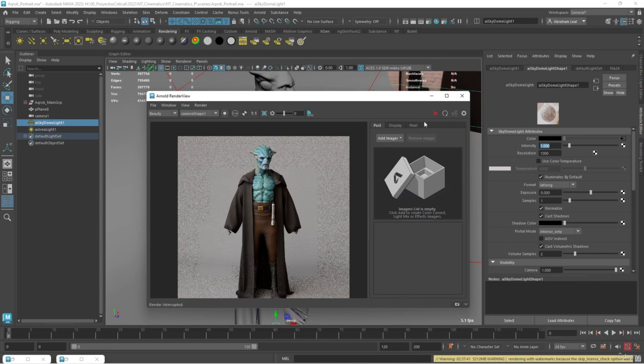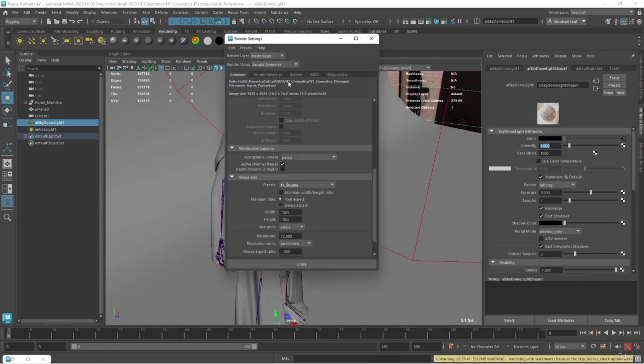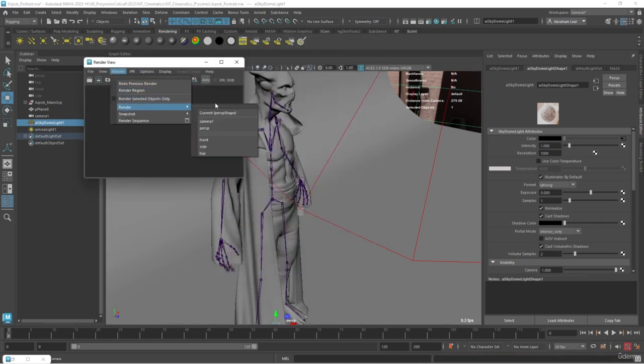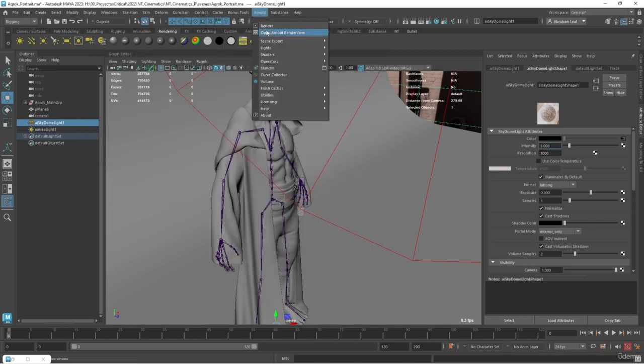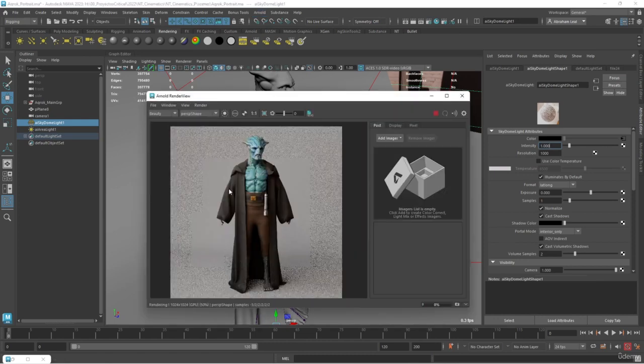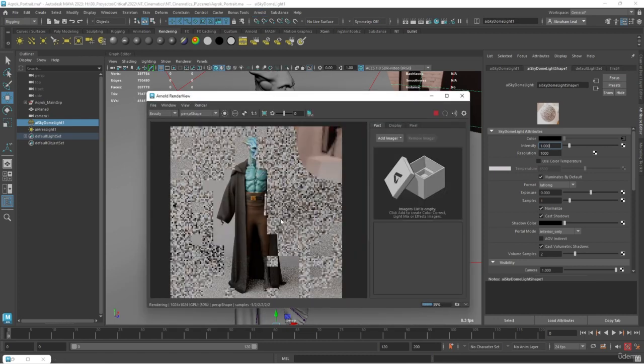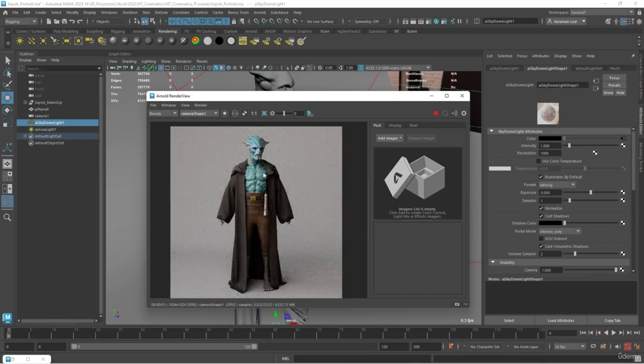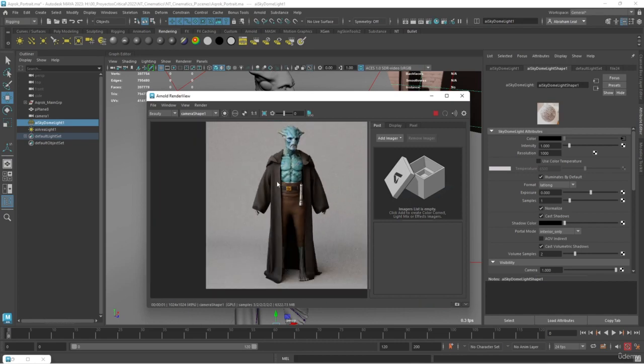Am I not using GPU? Oh, I was not using GPU. There we go. Let's go render, or sorry, Arnold and render. Hopefully this doesn't break because it's against a lot of textures. There we go. So yeah, as you can see, we have two very cool lights coming, and you've seen these